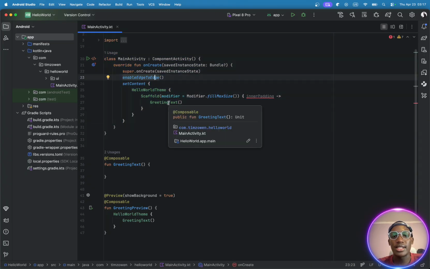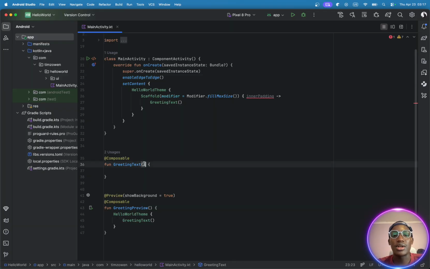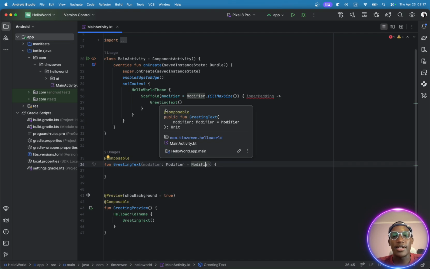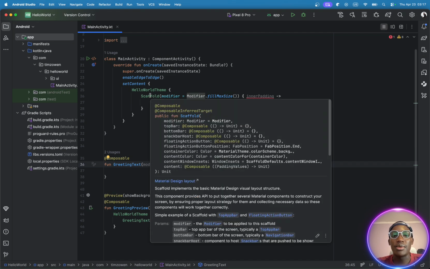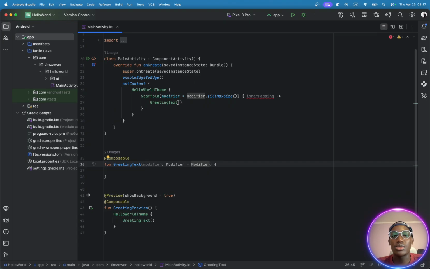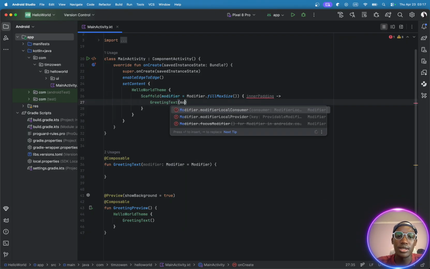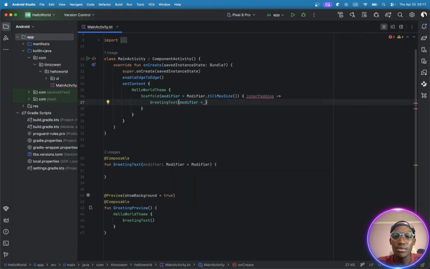If you hover over your text here, in Android, it's recommended that you pass modifier as your first default parameter. So we're going to assign a default value here. We're just going to say modifier. And then if you hover your mouse here, it's expecting a modifier. We will learn more about the scaffold and everything else later. For now, because we're expecting a modifier, and here is another modifier, just type in modifier equal to